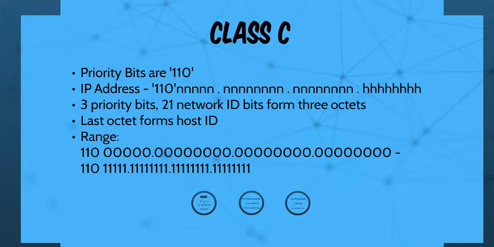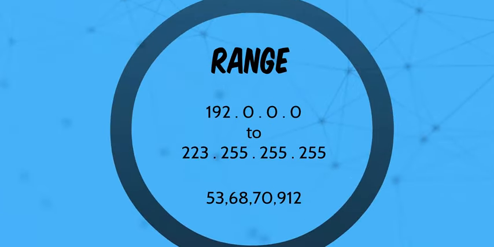Let's move on to Class C. Here the priority bits are 110. That is, 3 bits are used to represent the priority and 3 octets are used to represent the network portion. The first IP address of Class C starts from 110 followed by 29 zeros, and the last IP address in Class C is 110 followed by 29 ones. The range in decimal notation is from 192.0.0.0 to